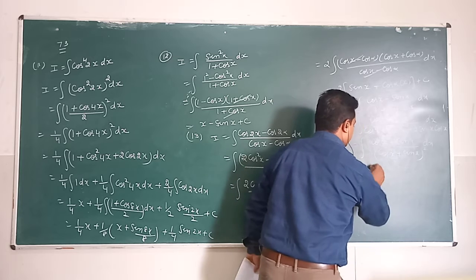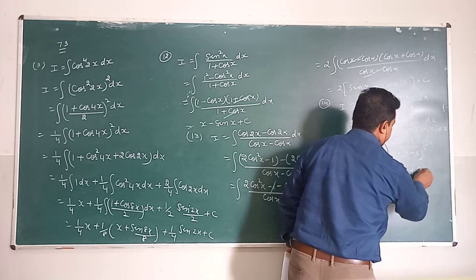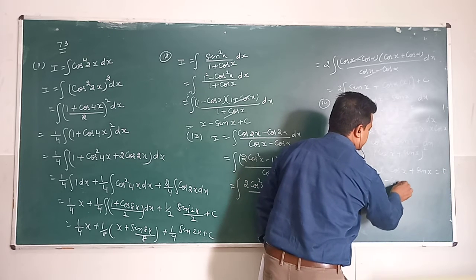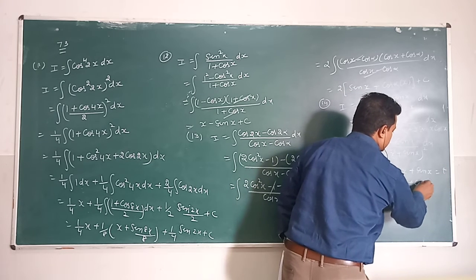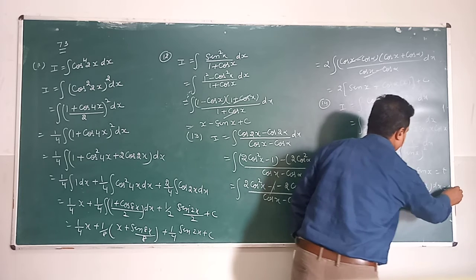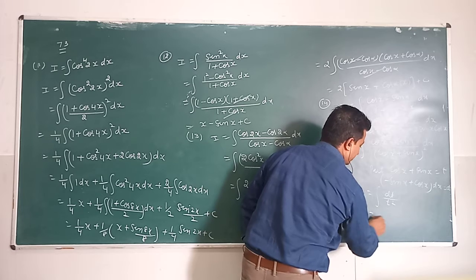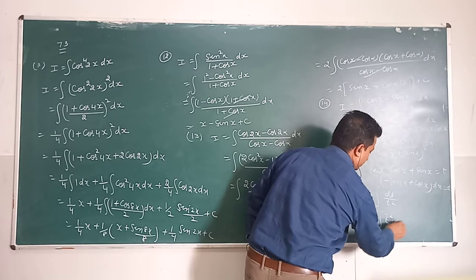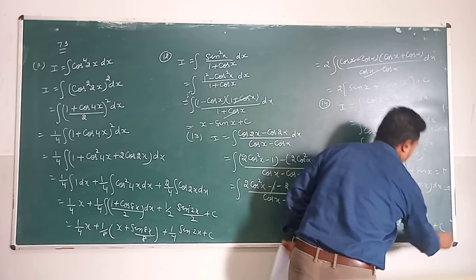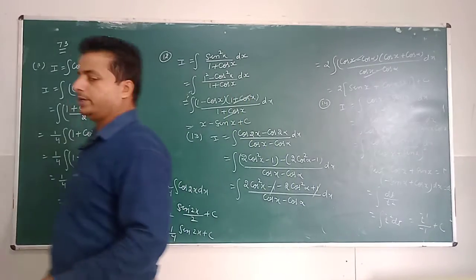In this question, first we put cos x plus sin x equals t. So the derivative of cos x is minus sin x, of sin x is cos x, so the numerator with dx is dt. So it's dt upon t squared. When we take this in the numerator, its integration is t to the power minus 1 upon minus 1. Put the value of t here, you will get the answer.